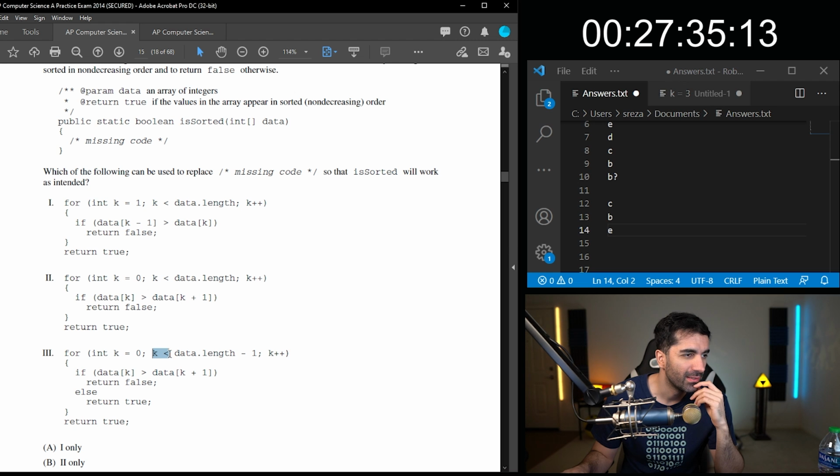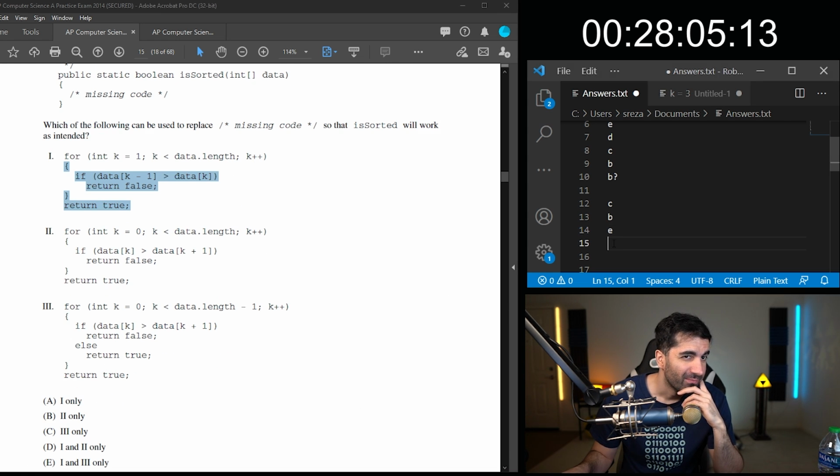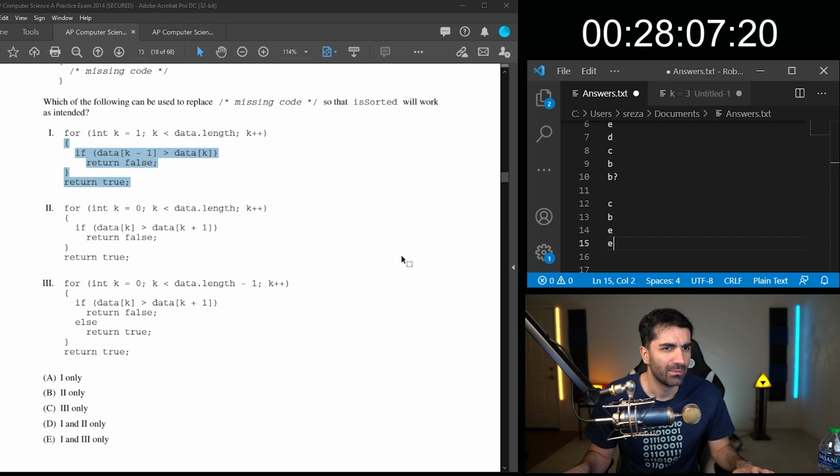But this one here, it does k is less than data length minus 1. So I feel like this one should work. 3 should work. This one here, you're starting at 1, but you're checking if the one before it is greater than k. So I feel like it's 1 and 3. So what is this, number 15? I'm gonna go with E there.